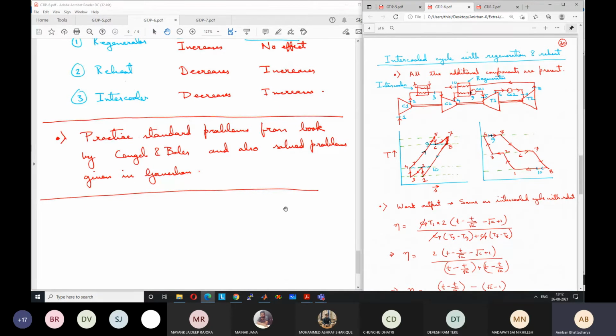I have to set the exam questions. There are a lot of problems in the book by Ganesan. The Ganesan book is not good, but there are a lot of solved problems which you can solve. But solve them in the way we will discuss, at least for the later problems, because in Ganesan they have done a lot of simplification and the answers will be simplified answers, but we want to solve them more accurately. We don't want to take all the assumptions for later problems. For example, we will take the effect of fuel flow rate. But for the simple problems, the conventional approach is also good.